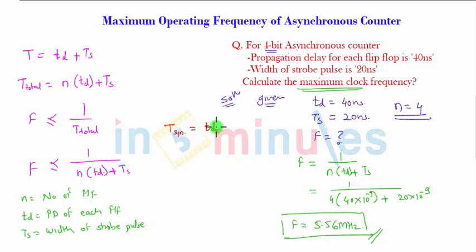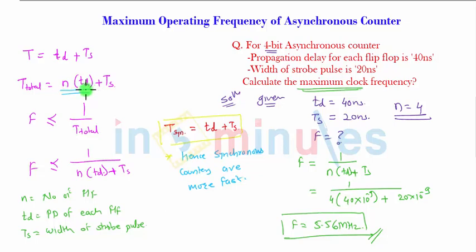Because all the flip-flops take the same time and they are all triggered at the same time, plus the TS, strobe pulse applied if any. So synchronous counters are faster than the asynchronous ones, because